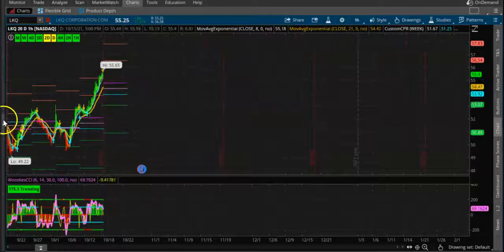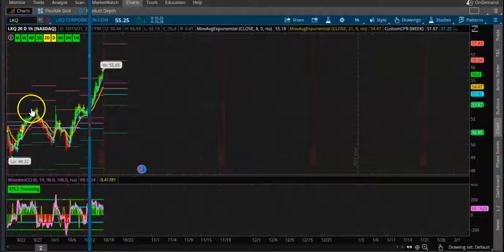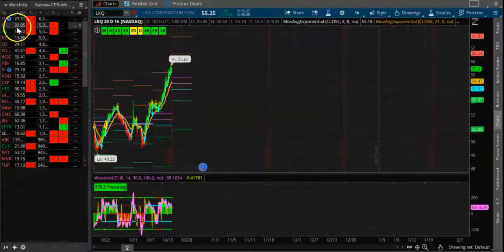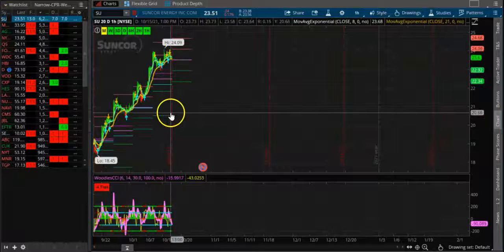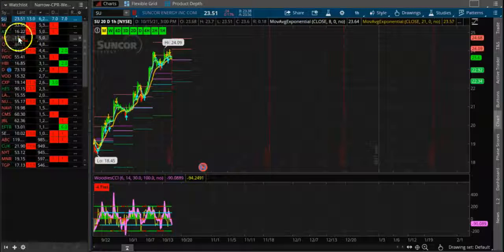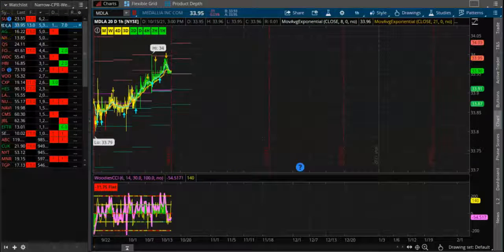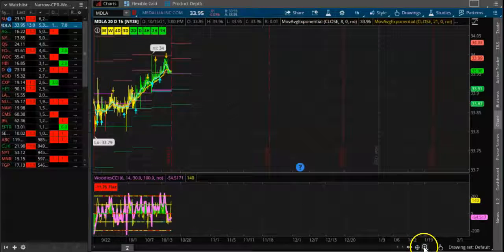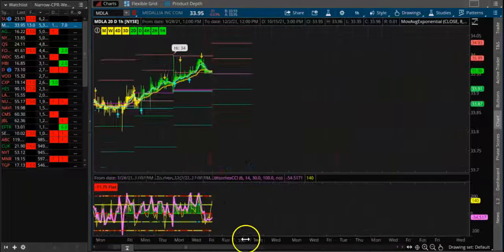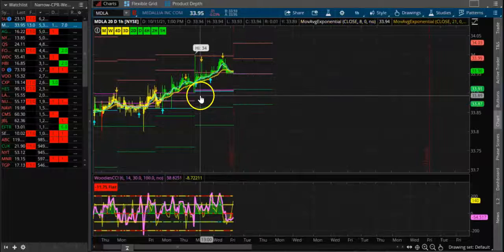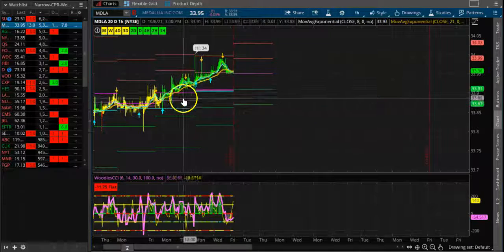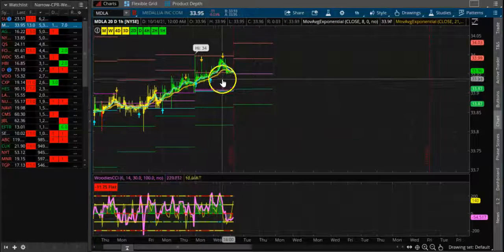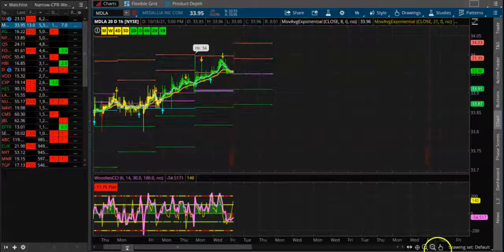This scan is not perfect, so sometimes it may not show up. This first one is not good, so let's go here. It's not good. Okay, this one is good. Let's look at this. This is a very narrow CPR. You can see there are 2 consecutive CPRs which are trending up. So this is a very good uptrending stock.